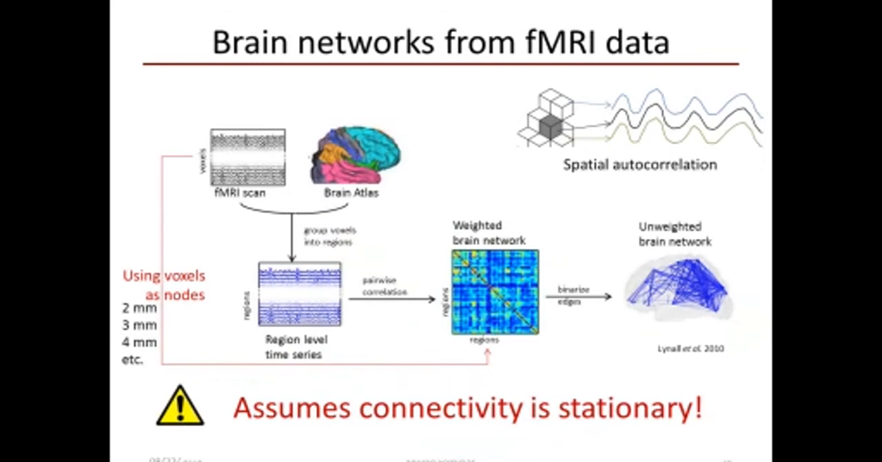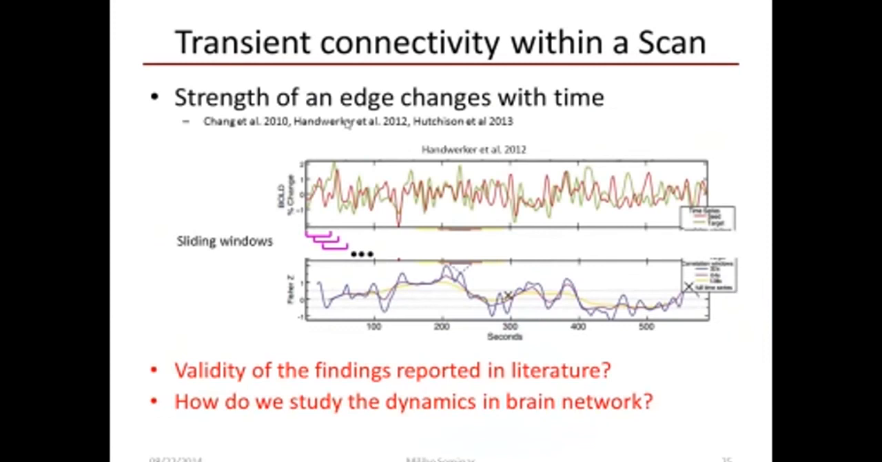Now I want to bring you back to this slide where we talked about how the networks are constructed. Notice that we have been using the entire 6-minute scan to compute the correlations, and then we are treating the resultant matrix as a brain network. By that, we are inherently assuming that the connection is static over this entire duration of the scan. Recently, there was a set of papers by Chang, Handwerker, and Hutchison where they showed that this is in fact